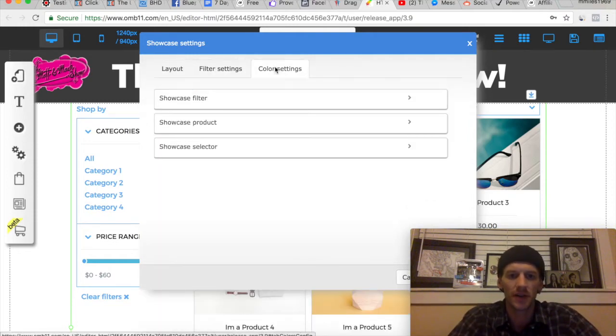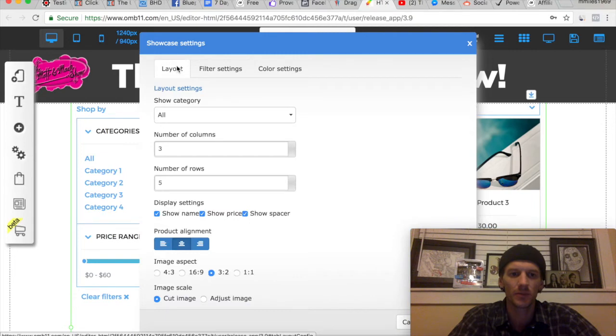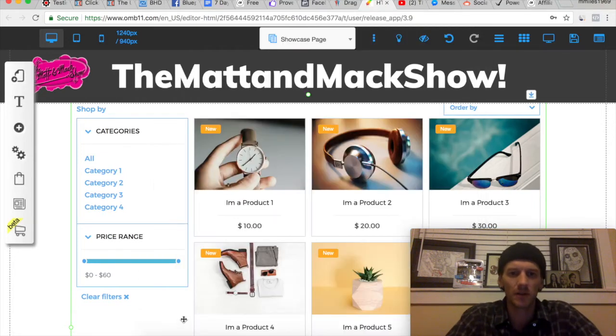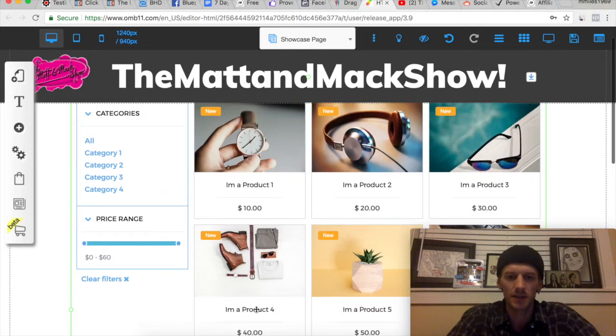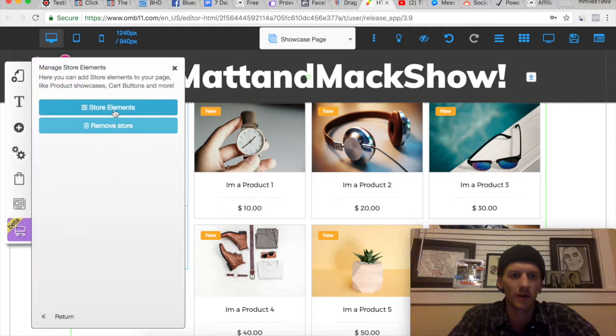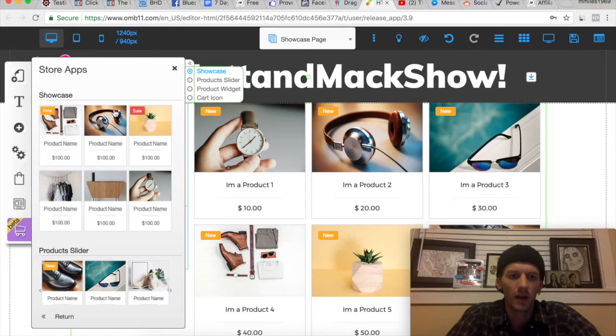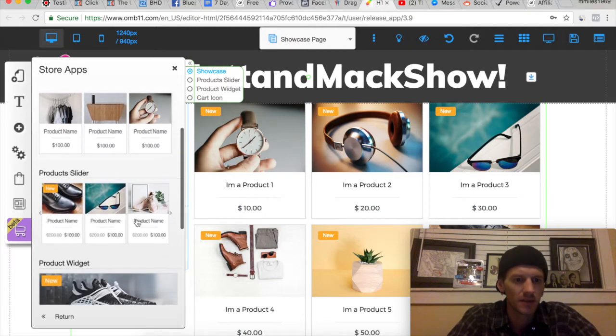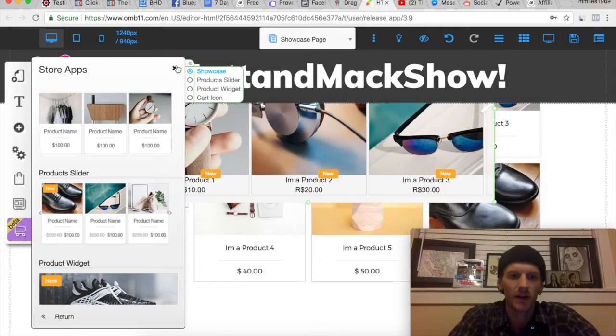All this stuff is more advanced, but obviously more things to play with. Okay, one other thing real quick here is this is not the only layout that you can have for your products. If you go back over to your little shopping cart here and go to Store Elements, you could add, say, a product. Let's see, so you can add a product slider into your store, and